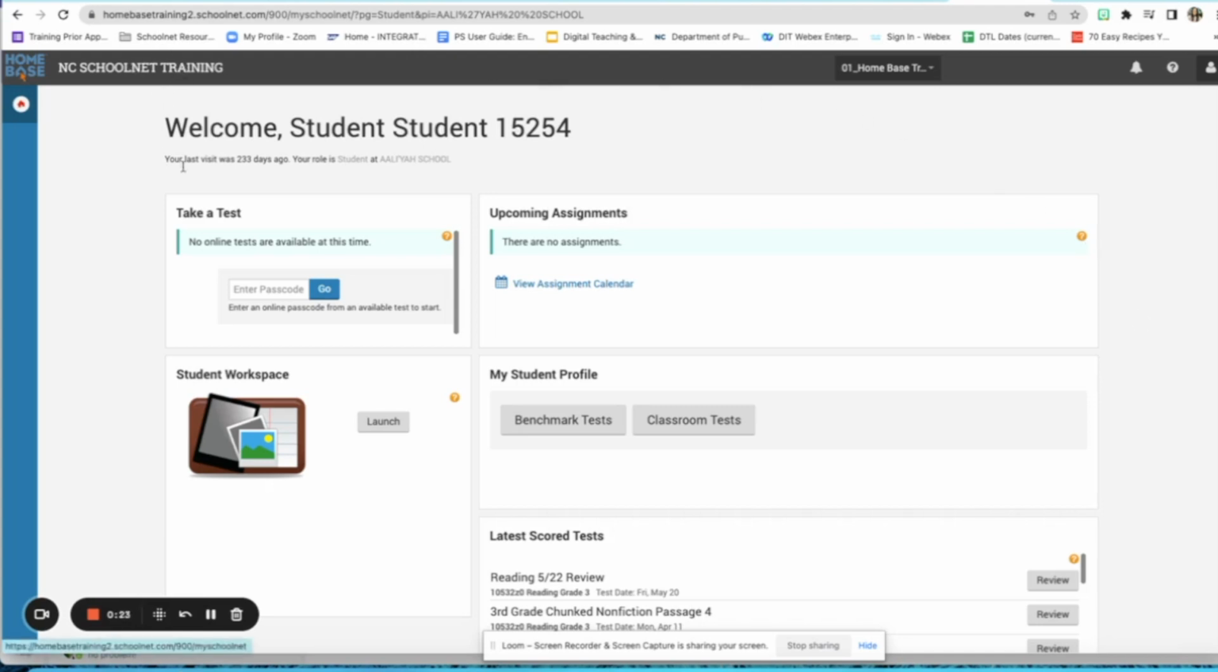To take an assessment, they're going to see this Take a Test widget right here, and all they have to do is enter the passcode that would be provided by the teacher and hit Go. Then it is going to say the title of the test, and it's going to show the class that this is assigned to. So all students have to do is click Start Your Test,